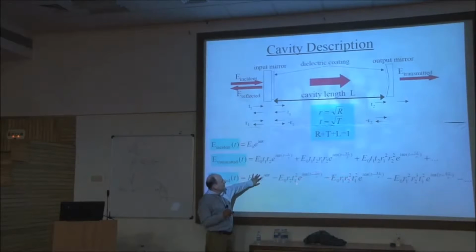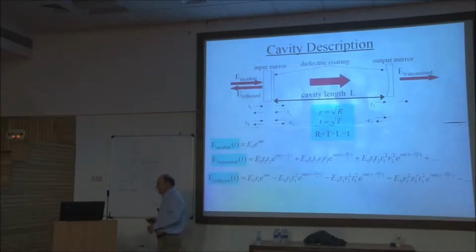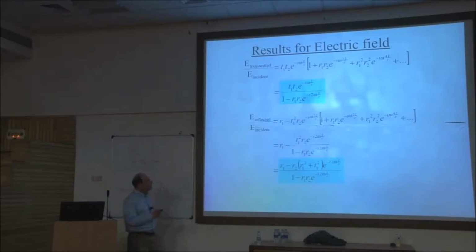We've got R2 T1 squared, R2 squared T1 squared, R2 cubed T1 squared with an extra R1, R1 squared. What we've got is a power series that we can sum. Here it is, factored a little nicer to make the mathematics jump out. Here it is as a power series, and because we know what the sum of a power series is, we can find the answer for the reflectivity, for the reflected field,